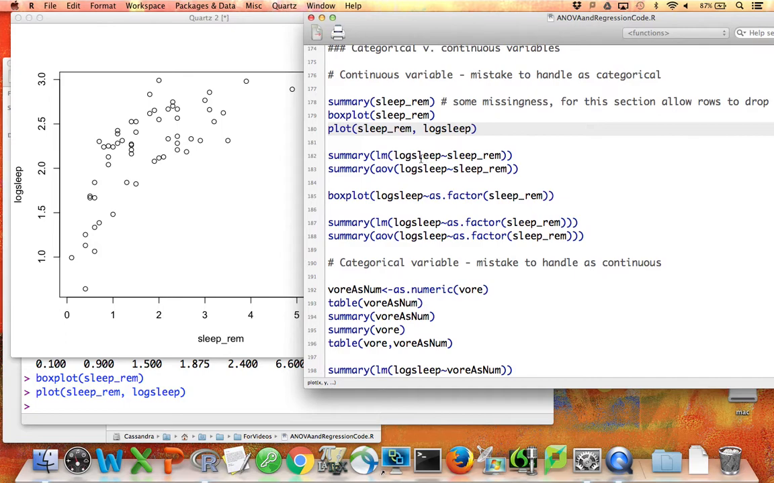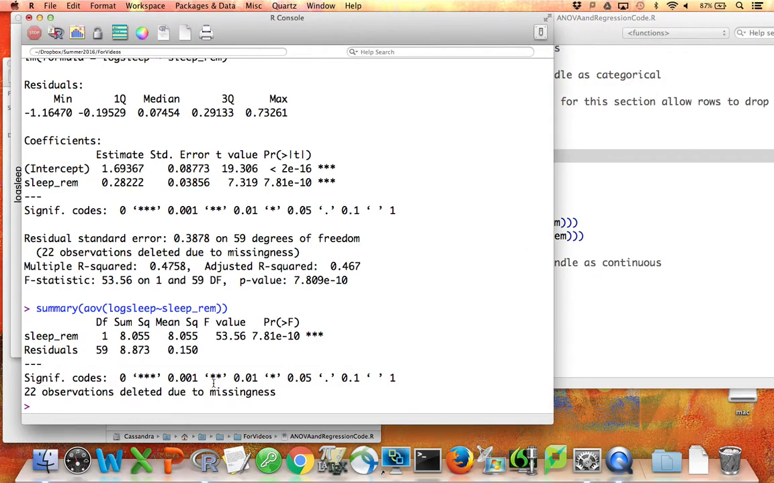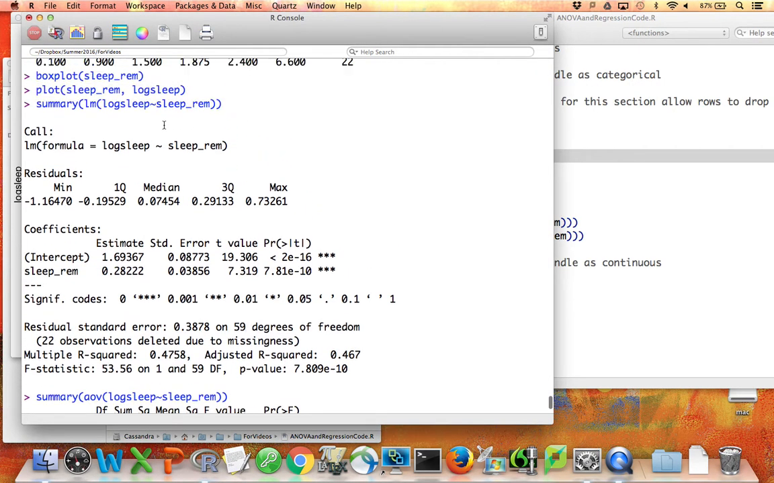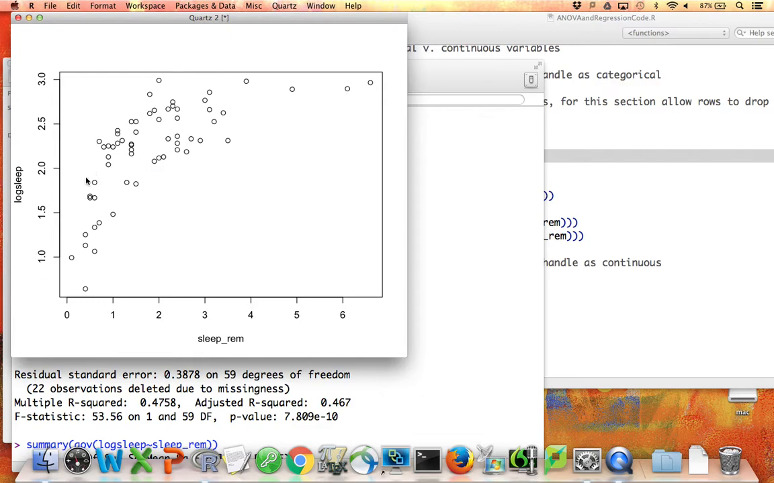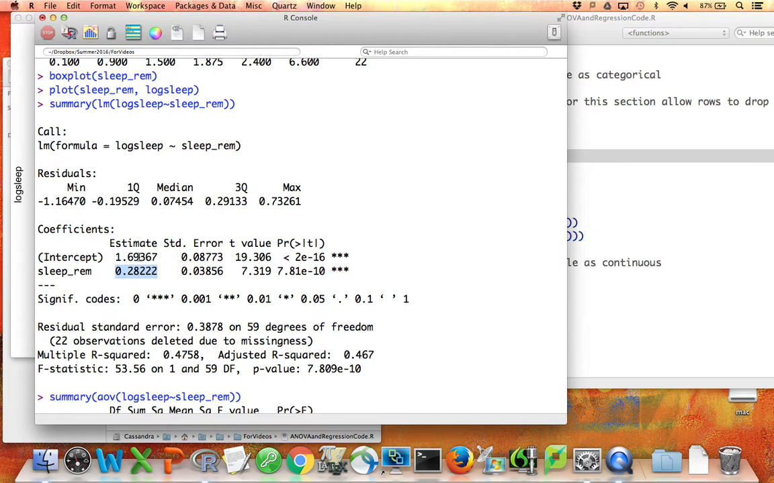Okay, so I am going to run a regression of log sleep on REM sleep, and I'm going to run the Anova as well. These are both the same models, but I want to show you both the regression and Anova output. Remember that REM sleep is a continuous variable. Okay, so here's the output from the linear model. I've got estimates of my coefficients. So if I fit a line to this pattern that I see here, even though a line might not be appropriate, if I were to fit a line, its intercept would be 1.7 and its slope would be about 0.3,